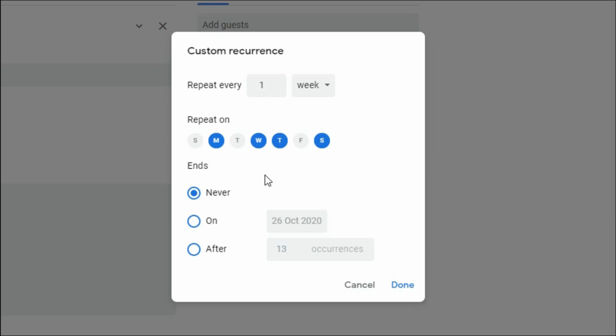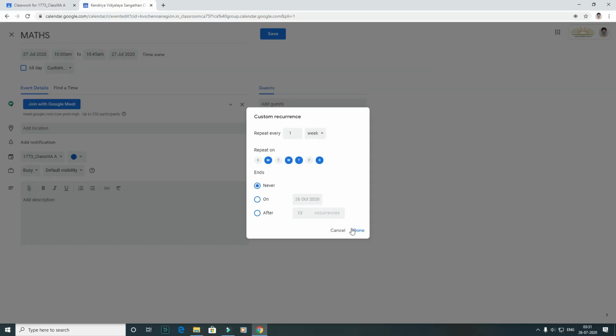Then down there the ends option will be there. Never select the option other than never, because once the time is settled, if you click the other two options, it will close the class. So the never option is better in this area. Once you have selected, give done.